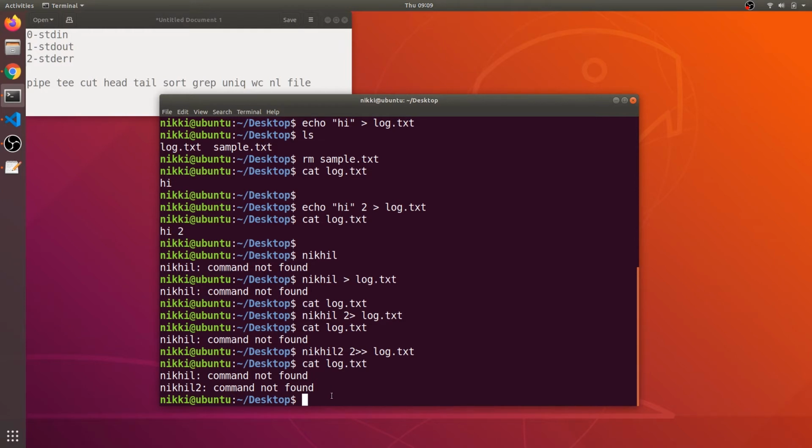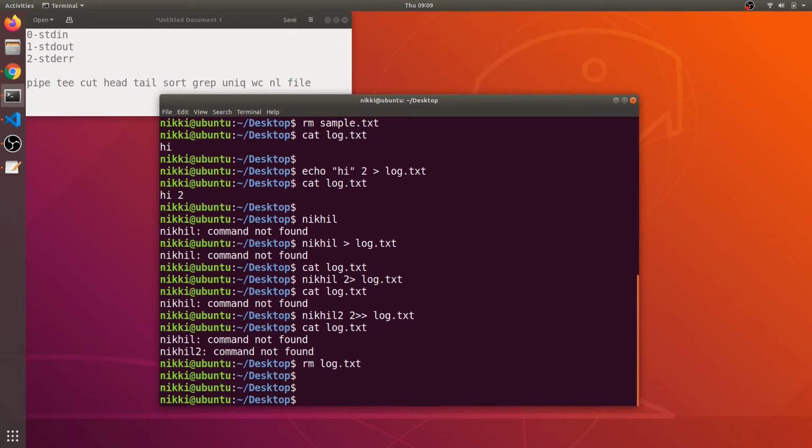Okay, now let's remove log.txt. Now what if I want to store both output and error in a text file? So what you want to do is say echo hello. First you need to send the output to the